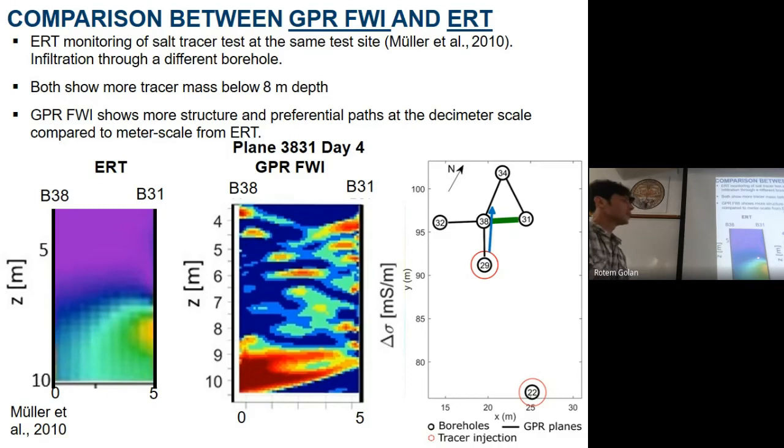So from ERT, they also recovered most of the tracer mass traveling at the bottom of the aquifer, but we cannot see structures below the meter scale. Whilst in my monitoring, I could recover heterogeneity at the decimeter scale, and we still need to find ways to test that what we see is actually true, and this is a good question. So we did the borehole,